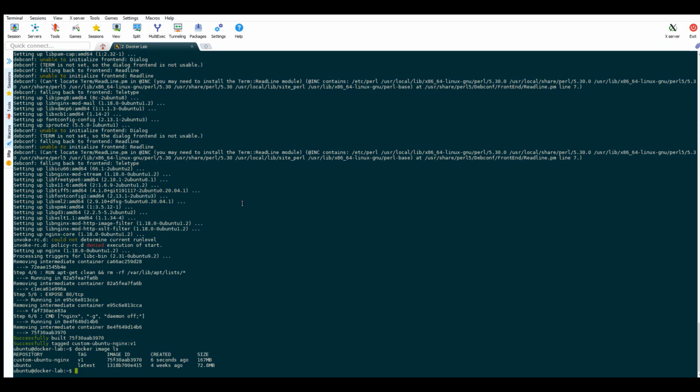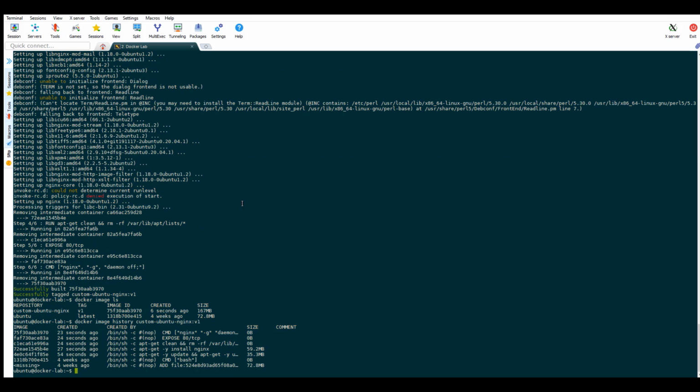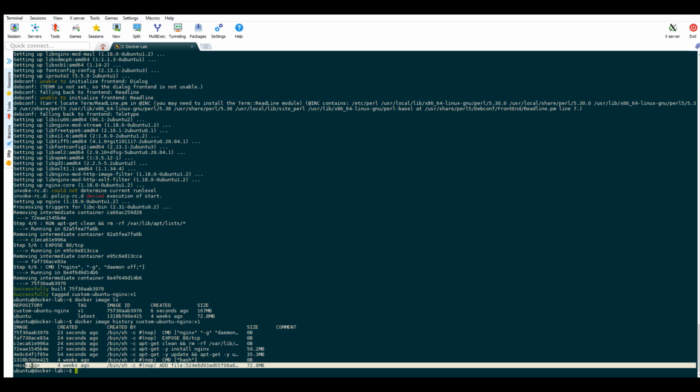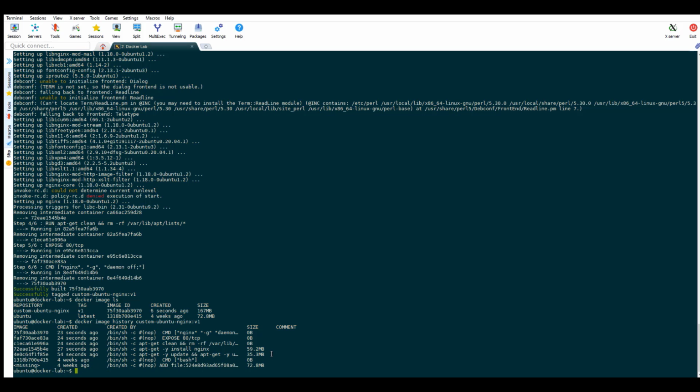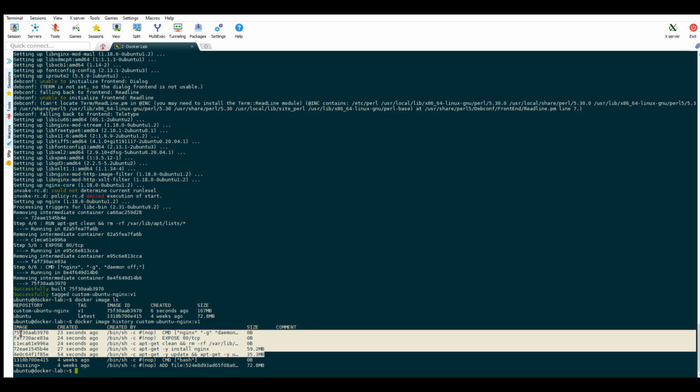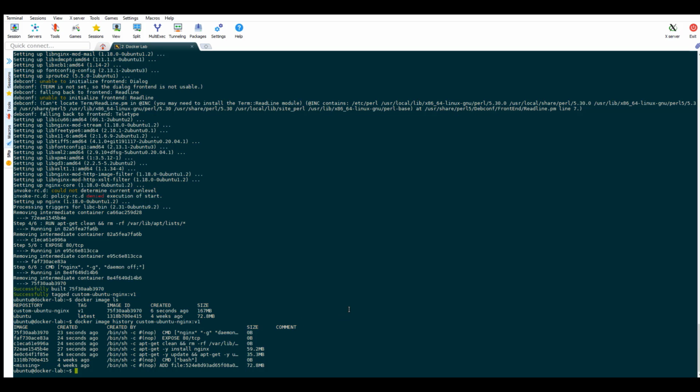We can also check the build history of the image and the instruction that has been executed to build each layer using the docker image history command. We can see the instructions that have been used to build this image. The first 2 instructions are from the base image. Here we have 1 layer, and on top of that we are installing the Nginx package and updating the package information, so there will be 2 more layers, and the 0-byte instructions will only be updated in the metadata. They will not be creating any separate image layer.